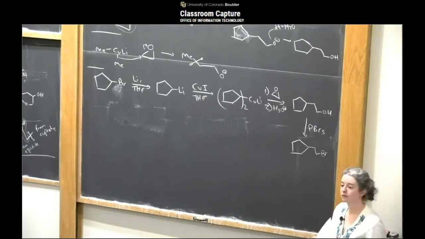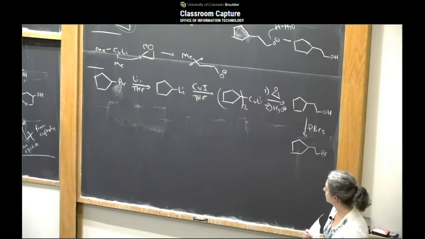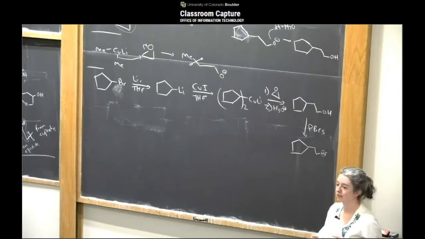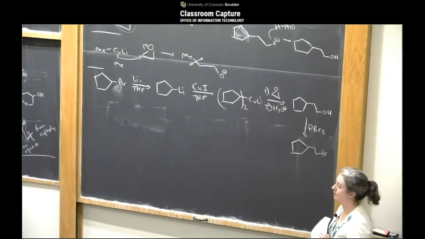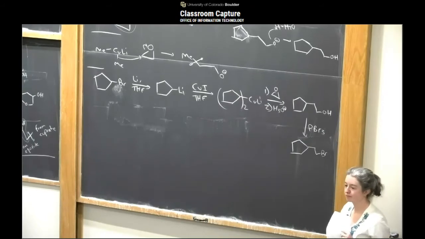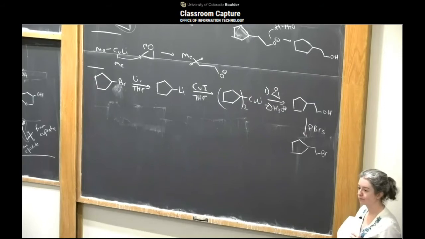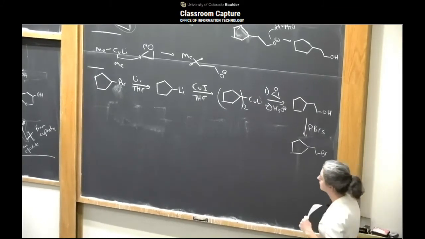What's the mechanism for the first step for the lithium? We didn't cover it because it's kind of complicated and goes by single electron transfer. It's pretty much just know that the lithium swaps out for the bromine. I was just confused if it was the organolithium. Why is the bromine